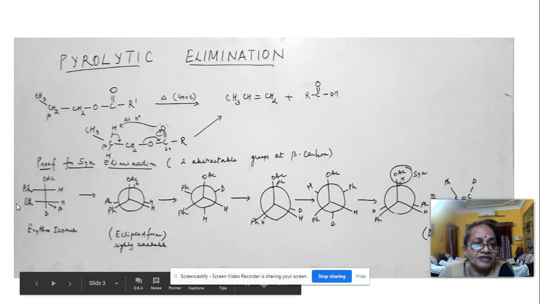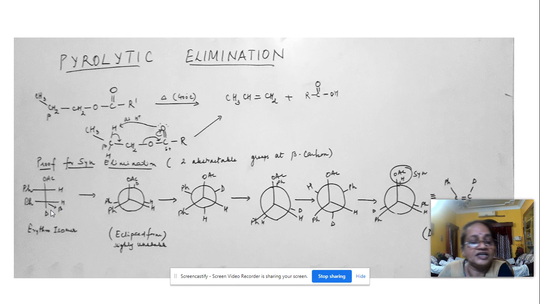For example, if you have taken an erythro isomer, in order just to demarcate or to explain the syn elimination, we have replaced one of the hydrogens by deuterium. Now, in order to explain the stereochemistry, we always have to convert it into the Newman projection formula. Now, you can see here that the acetate and the deuterium are lying on the same side, that is syn elimination. Now, why is syn elimination required here? Because if this oxygen is present on the opposite side, it will not be able to abstract the hydrogen. So the oxygen or the leaving group and the hydrogen have to be on the same side in order to be abstracted here.